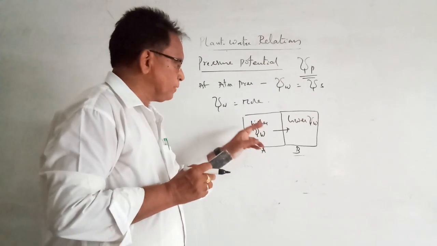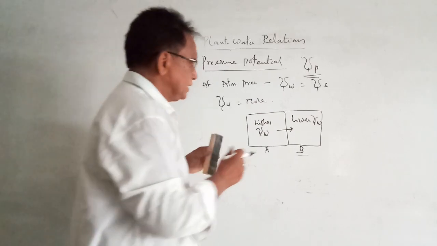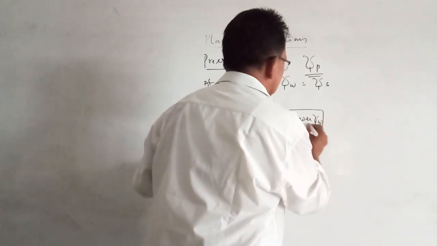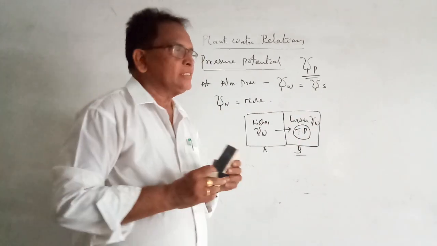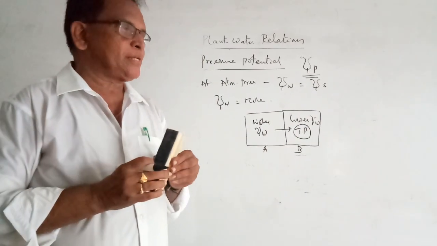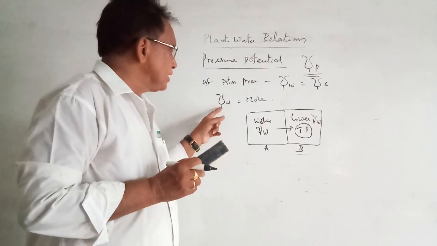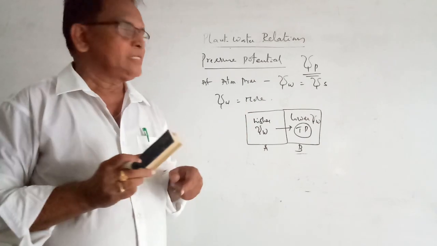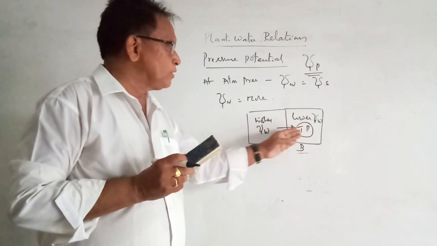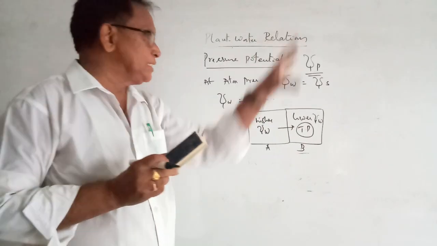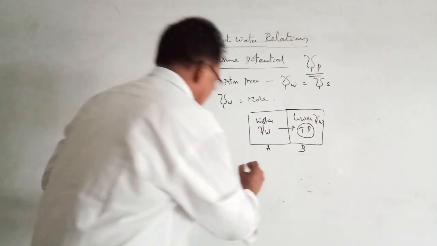Whenever water moves into this cell, it becomes turgid. A type of pressure increases in this cell. A cell lo oka rakamayinatuvanti pressure increase avutu untundi. That pressure is known as Turgor pressure. So when there is any increase in the atmospheric pressure, the water potential of that system will become increased. So water moves from one cell to another cell. Whenever water enters into another cell, a pressure is increased within that cell. That pressure is called Turgor pressure.